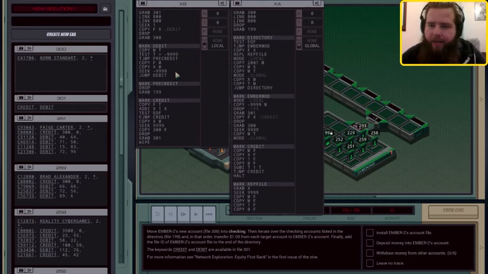I think that's fine. I think it'll be fun. I think all we need to do is... So we do that. We want to drop... So we need to grab... This is going to grab that word for credit. And then drop it. And then grab the file 300. And go all the way to the end. And then copy... Yeah, so...